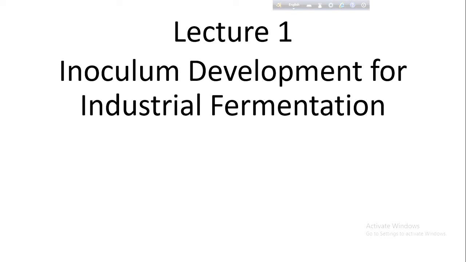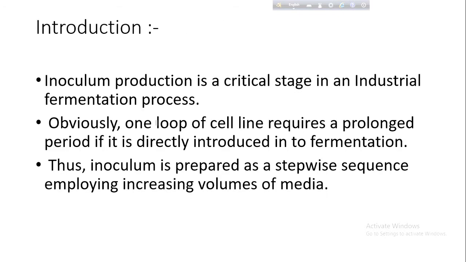Another important term is industrial fermentation. You all know what fermentation is. Fermentation is basically the conversion of a specific chemical substance into another chemical substance by the use of certain microorganisms. This can either be bacteria, fungus, or any other microbial cells. These microorganisms, or living agents, that are converting our raw material into our desired products are the basic inoculum. And this inoculum preparation or inoculum production is the critical stage in any industrial fermentation procedure.